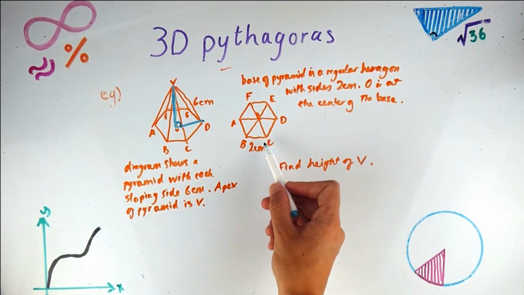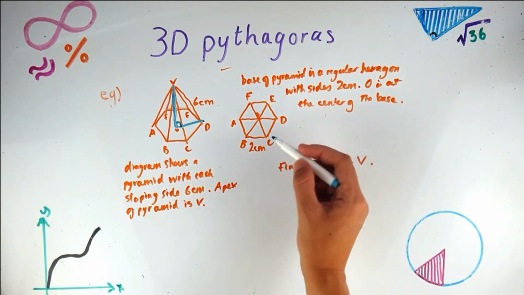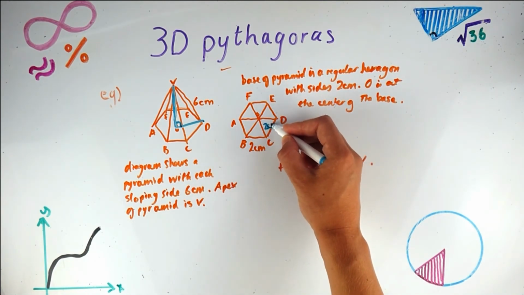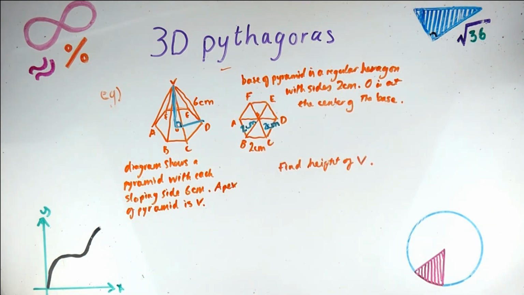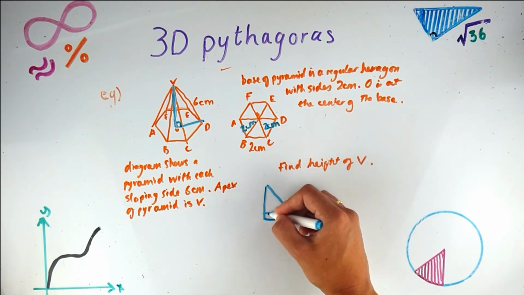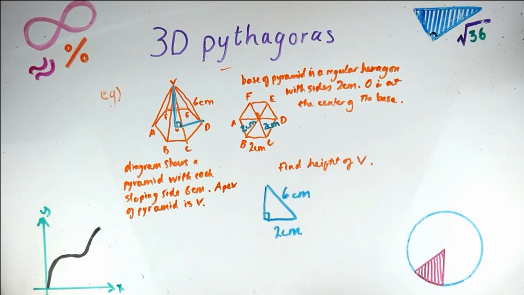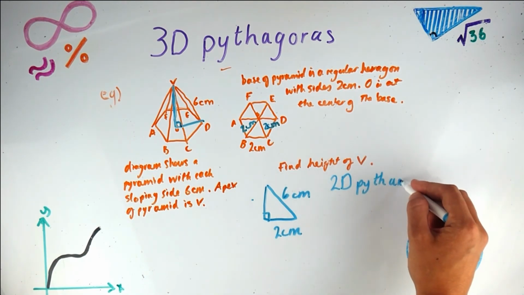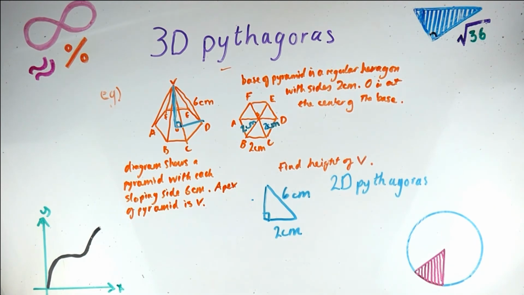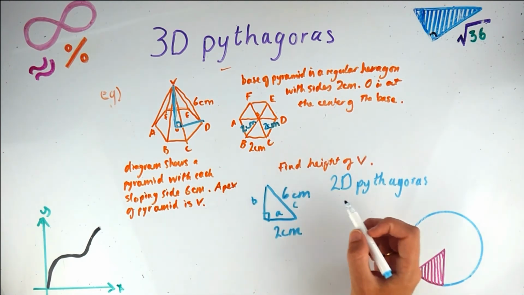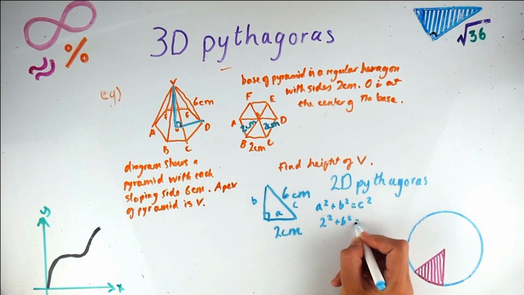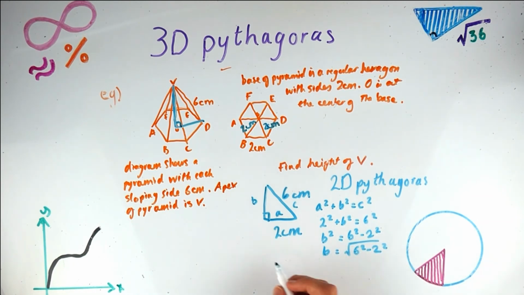And the good thing is if we look at the base of our pyramid, this is 2 centimetres, but all of these are equal triangles. So all these sides are also 2 centimetres. So this means we've got a triangle that looks like that. And we're looking for this side here. So we just do 2D Pythagoras here. So label up. There we go, that's just a quick run through 2D Pythagoras, and B, which is our height of V, is 5.66